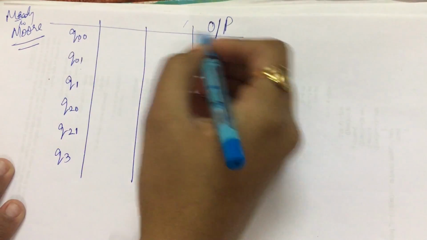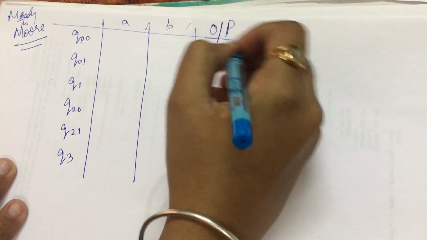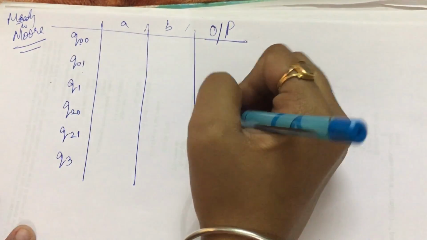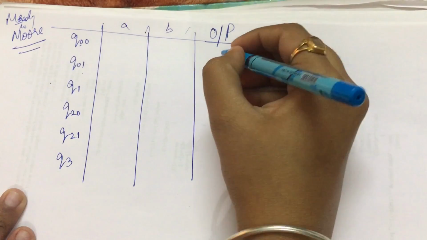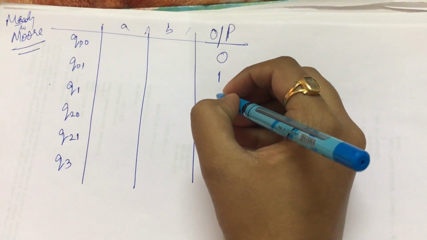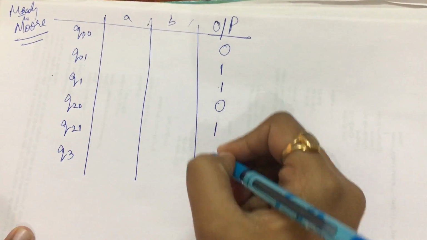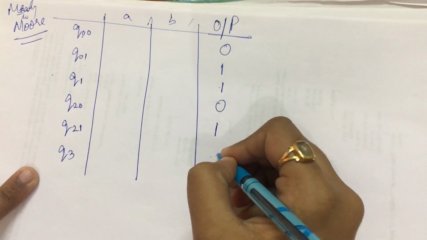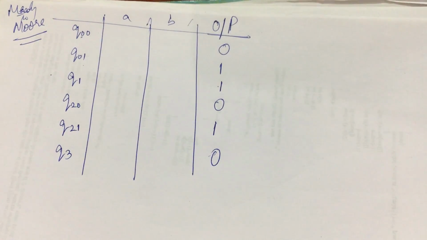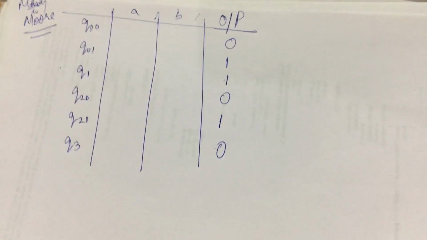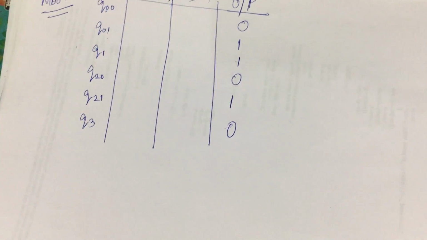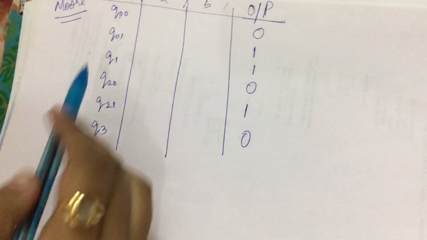And then we have input symbols A and B. So Q naught will give, first of all we write down all the outputs. So Q naught will give me output 0, 1. Q1 was giving me output as I see from here, output as 1. So Q1 1, 0 1, and this was giving me output as 0. Okay, so now I will write down the corresponding transited states from this.